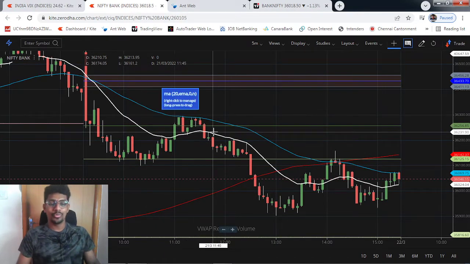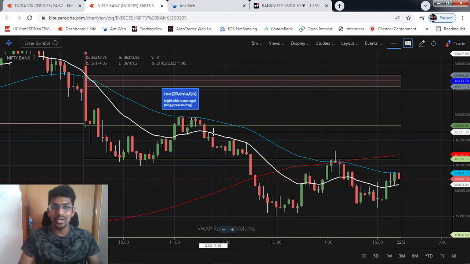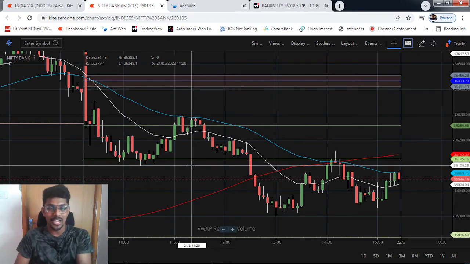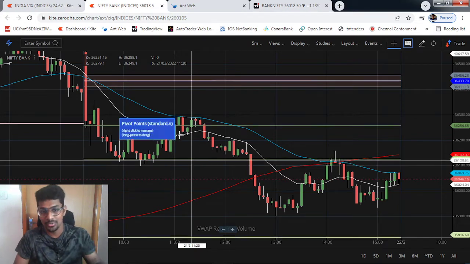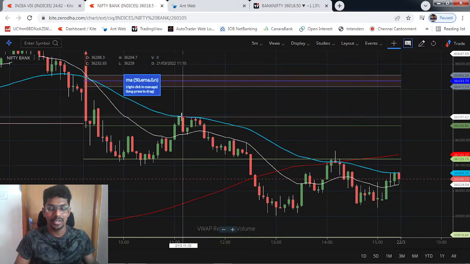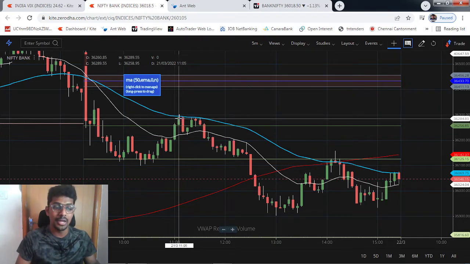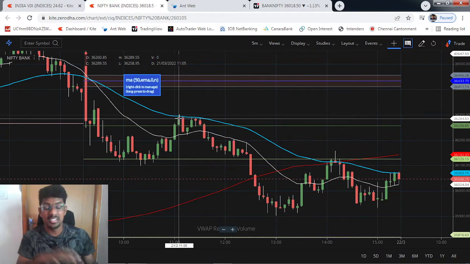And then after that, when it retraced here, I took an entry. To tell about trades like this will be so easy, because the chart is exactly showing it after the market. It's easy to say that I just took it here, but in the live market it's really tough for me to predict whether it's going to go up further or not. But what helped me is I stick to my duty, right? I stick to my own rules and strategies, and that's what helped me.